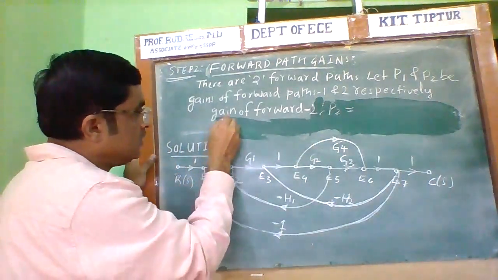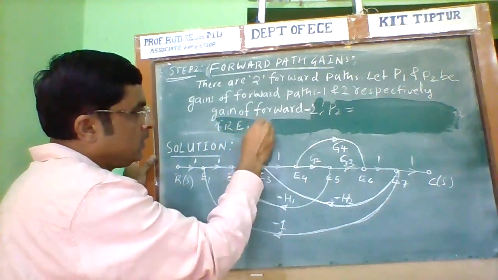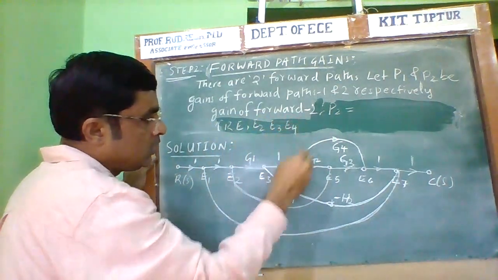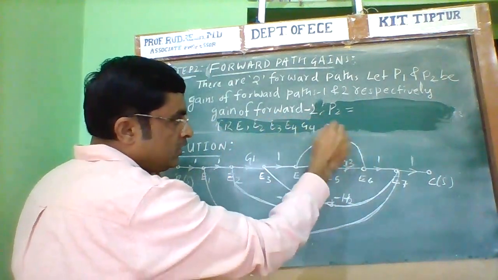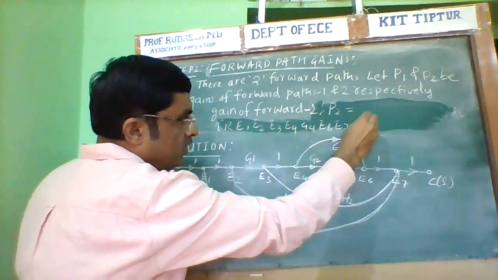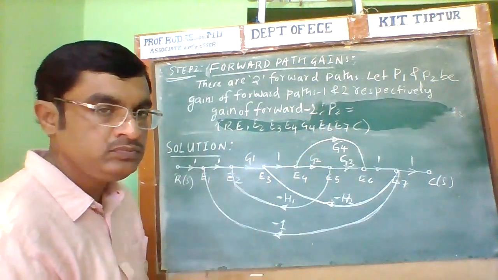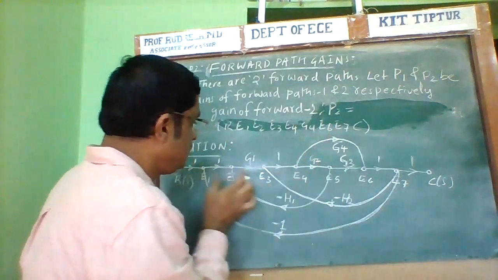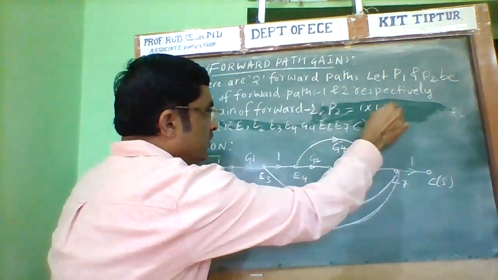Start from R0, it goes to the R node, E1 node, then E2 node, E3 node, and E4 node. And after the E4 node, via G4, it will go to the E6 node, then E7 node, and C node. This is the way. Therefore, this is the path of P2 is equal to, we need to multiply 1 into 1 into G1